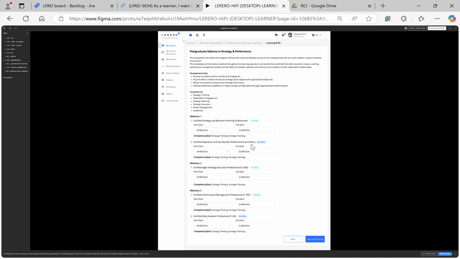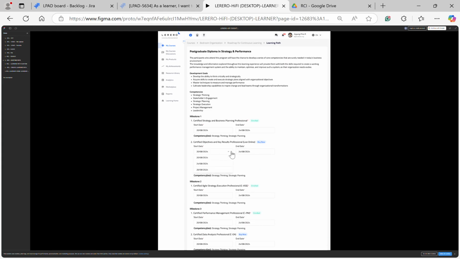This means this is a live online session which has a predefined date. I can already see the dates on it, and these are only the dates which the client admin set. For any live online course or classroom course, the client admin has a particular date when it's happening. So the learner can select only from the existing dates, like which session he wants to attend, whether it's on the 20th or the next week. He just needs to select from the existing date list.